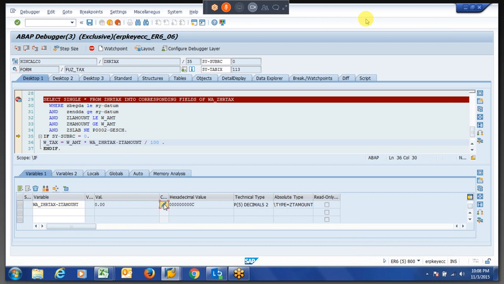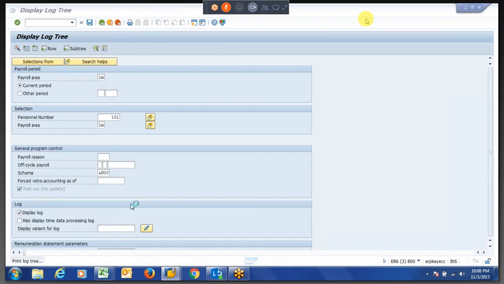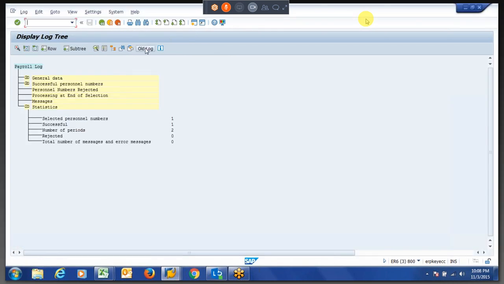Let us say if you change the tax amount to some 5,000 within the debug mode, you will get the value of this. Within the table, the gross amount is not falling under any of the slabs, so you are not getting any output.